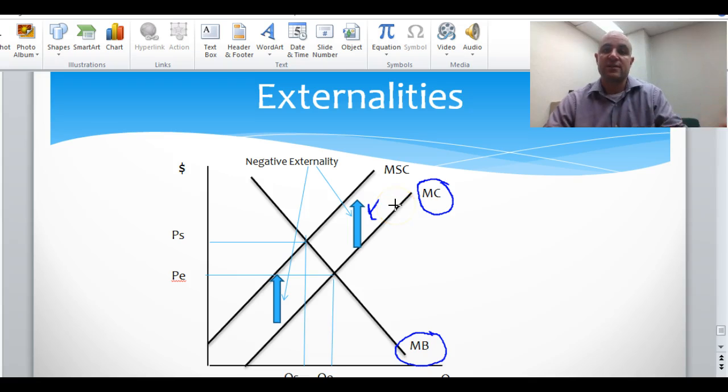And there's a cost that a third party has to deal with. Now, depending on it, it may either be parallel, or it may increase the greater the quantity. This is just showing that if they're producing, it's going to be higher, and the same for all quantities. But the basic idea is that the marginal social cost is actually higher for each unit,